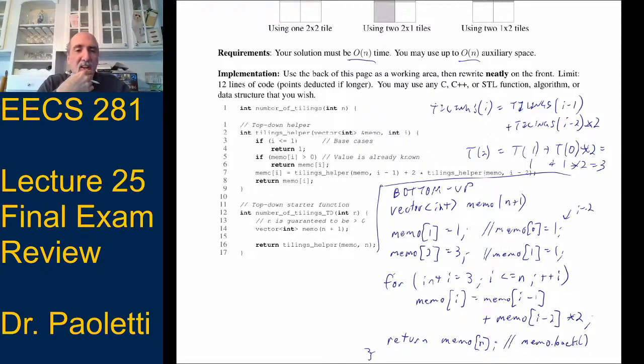So when you look at the requirements, look at that as a way to think about the memo. And then the other thing you have to do is come up with the relationship. How is this element of the memo related to other elements of the memo? And generally, it's going to have to be related to more than one, at least in the average case. Because if one memo element was just related to one more, then we don't really need the memo.